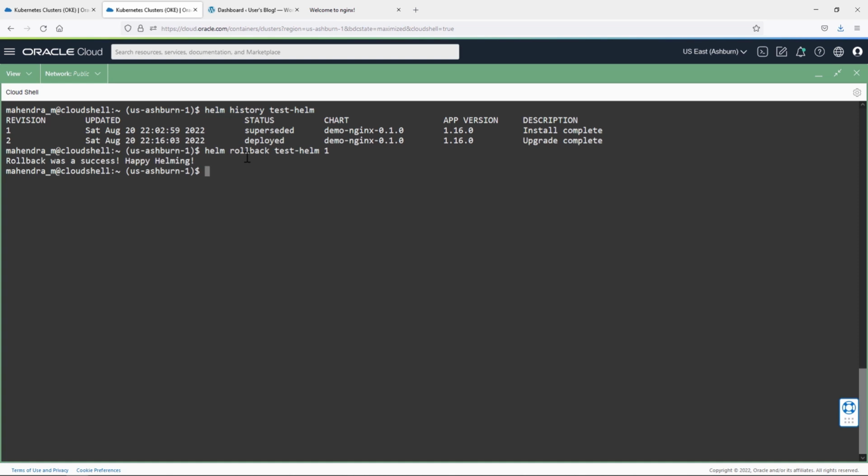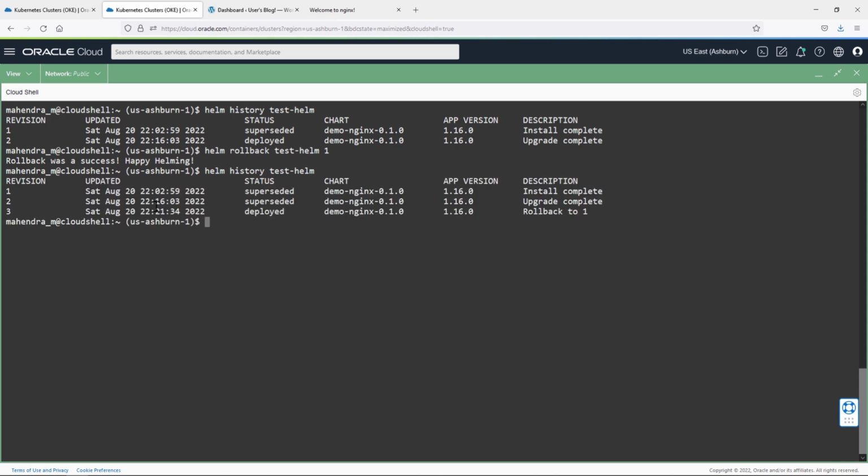Now if I do Helm history, as you can see from the output, the revisions have changed to 3, and currently 3rd is the active revision, where what has been done is we have rolled back the 2nd revision back to 1. So every time you do a rollback or an upgrade, you get a new revision created against that Helm release. Okay. Now from this rollback operation, what has happened is we have rolled back the 2nd revision back to 1,